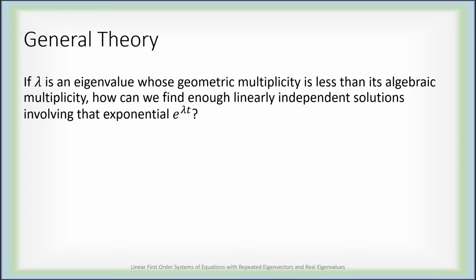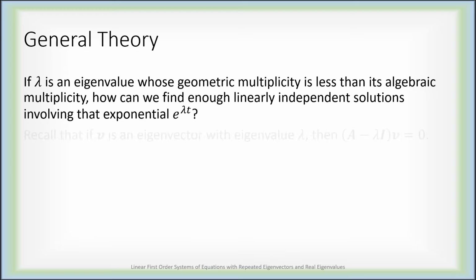So we have to work through some general theory, and this is going to be a little unpleasant. If lambda is an eigenvalue whose geometric multiplicity is less than the algebraic multiplicity, in other words, if lambda is a deficient eigenvalue, how can we find enough linearly independent solutions involving that same exponential e to the lambda t? This is our goal. We want to find enough linearly independent solutions involving e to the lambda t as this